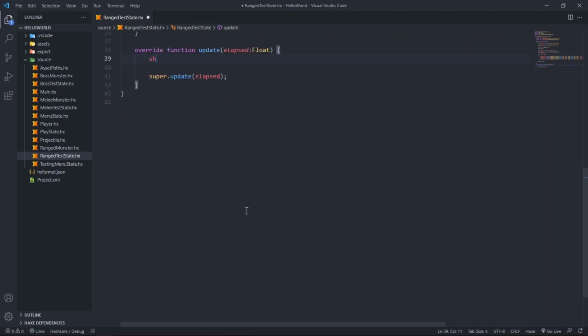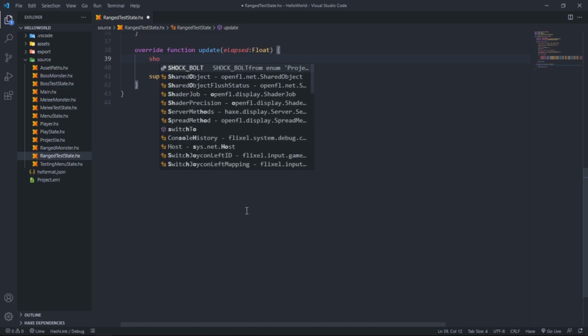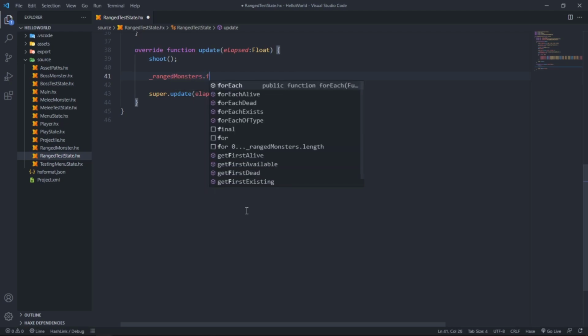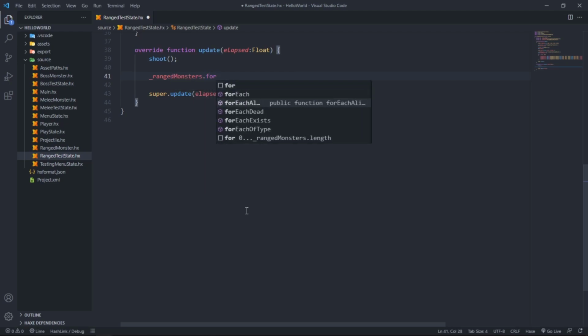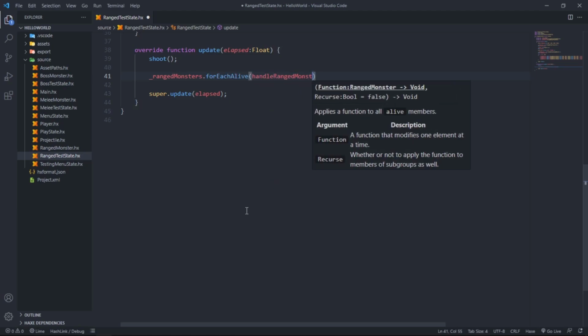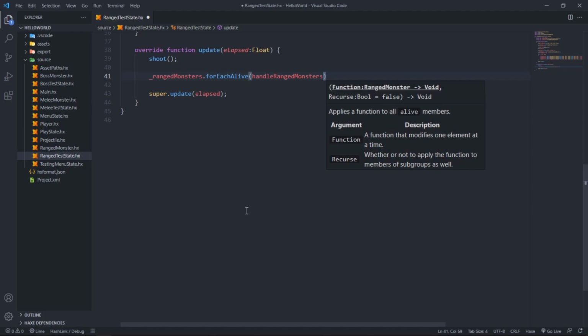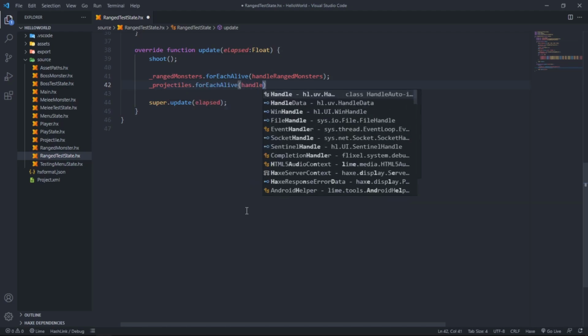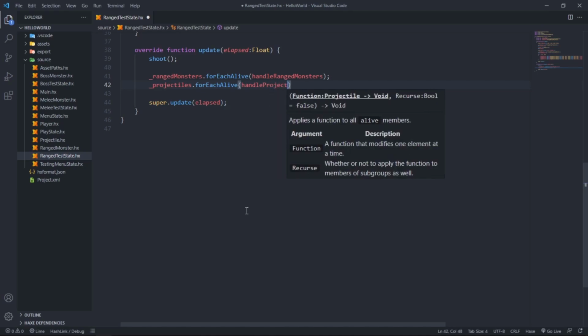So we first test if the player wants to shoot, and we say rangedMonsters.forEachAlive handleRangedMonster, and then projectiles forEachAlive handleProjectiles,